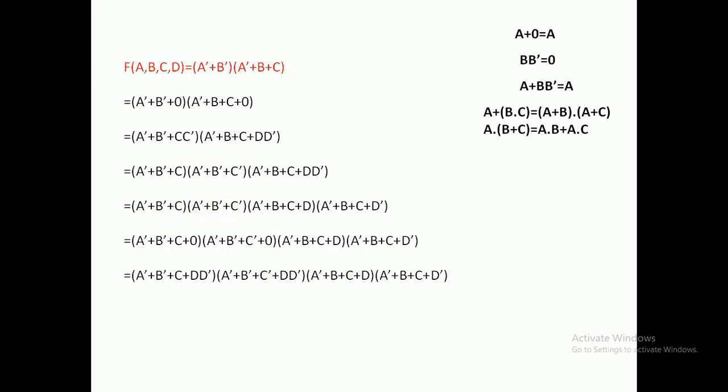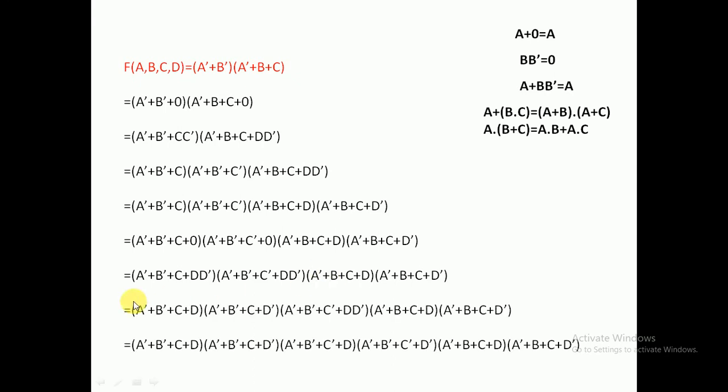If you are confused about applying the distributive law, just follow the first example: consider the part which is already in the sum term combination as x or y, and after that apply the distributive law. Then this entire answer is in a standard format, because each term is a combination of 4 variables. If at all terms are repeated, then only you need to combine them as a single one, as in the formula a dot a is equal to a. Then in the next video we will discuss min terms and max terms.